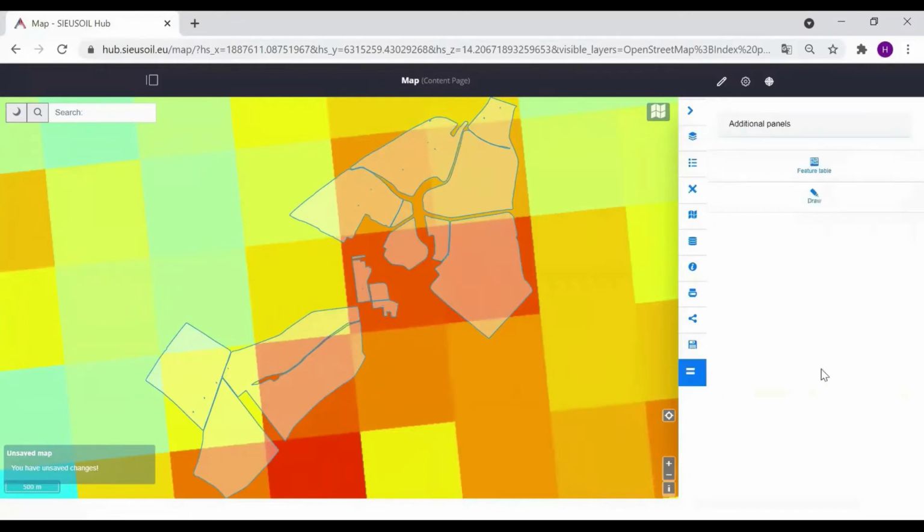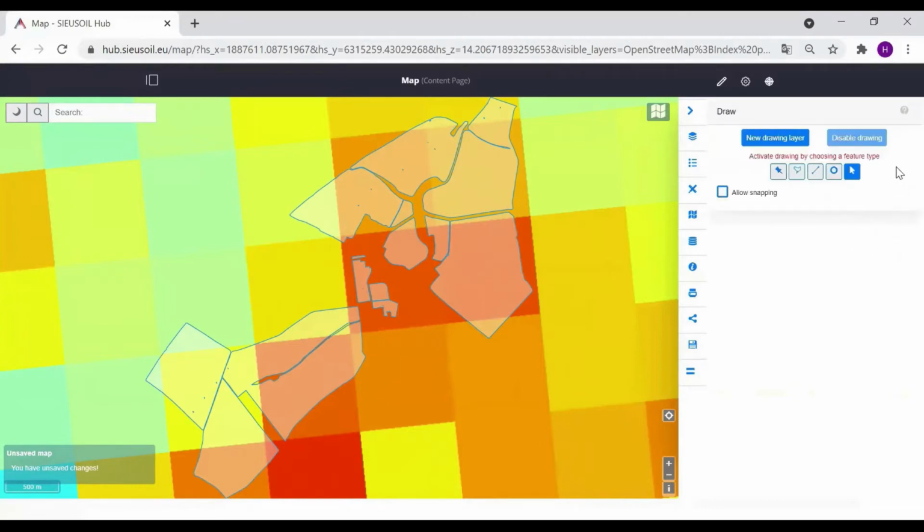Now we will show how to create a brand new layer. For this purpose, we will use a draw tool. So I will click on the icon. You can choose from 4 feature types, which is a point, a polygon, line, or circle.